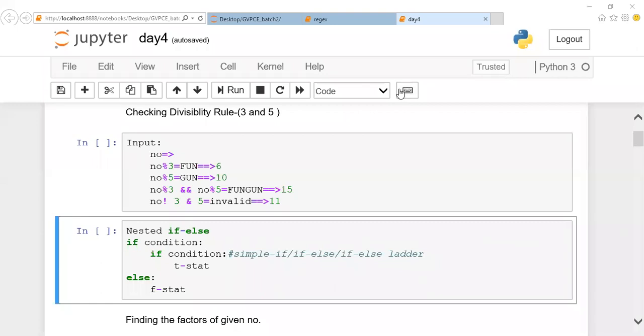Santosh, what I told you clearly was to use nested if else. You have used a ladder. Ladder is very easy. Nested if else. Harika, good.